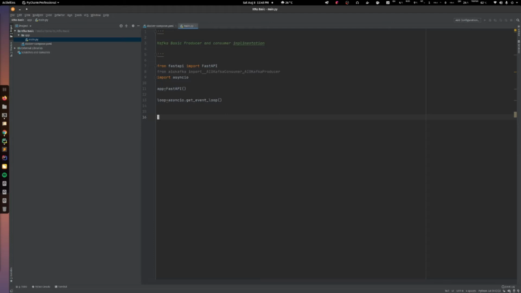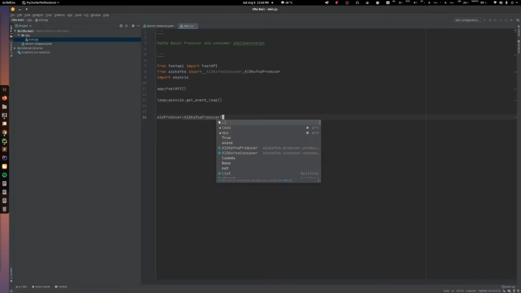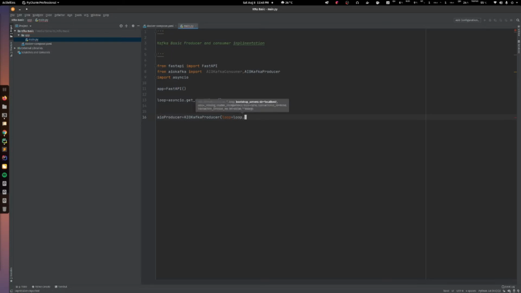So I'm ready now. So I'm creating a Kafka producer and consumer object actually. So AIO producer equal to AIOKafkaProducer, and I pass loop equal to our loop. Now it needs a client name or client ID.